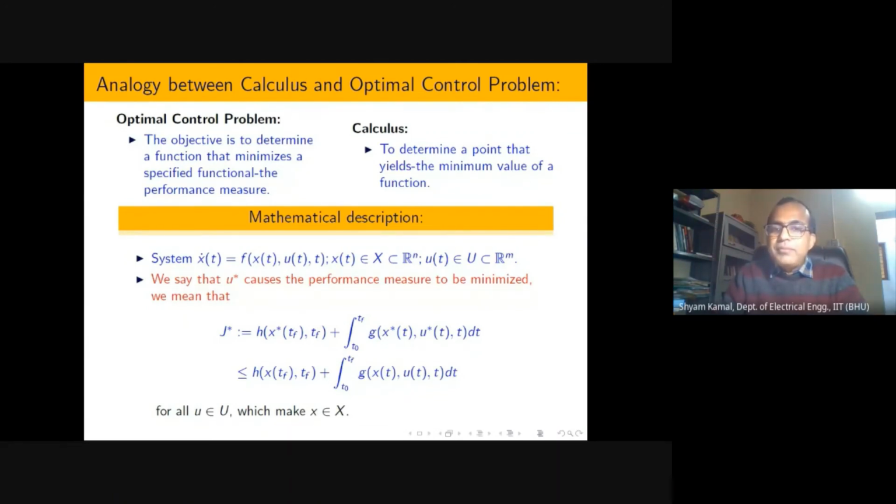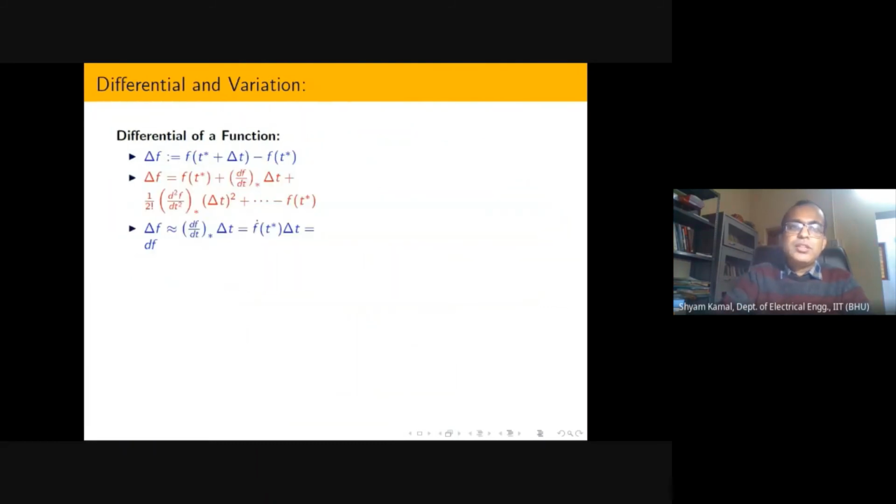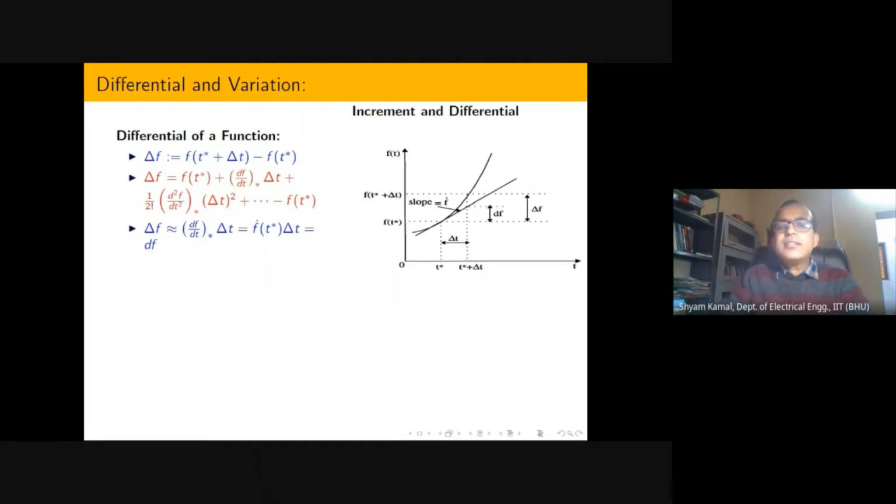But most of the time, if you see the objective of the optimal control problem, it matches the definition of controllability. Because if in finite time we are able to move from one point to another point, then we tell that the system is controllable. Does anyone have confusion on this point? Please recheck the definition of controllability. Obviously, I will revise it in this course. So now at least we are able to understand the relation between calculus and the optimal control problem.